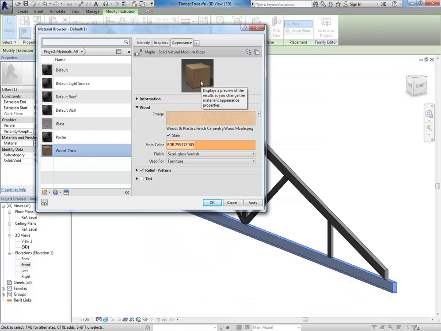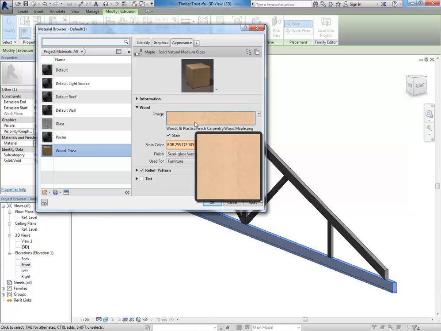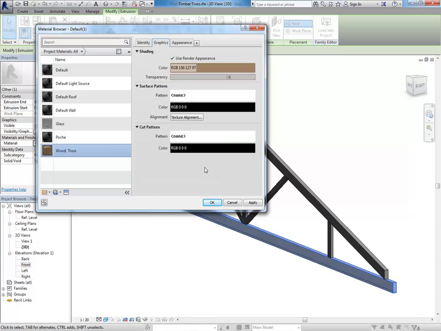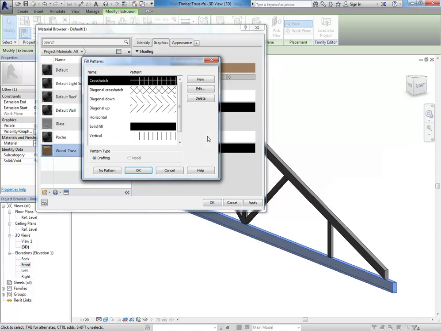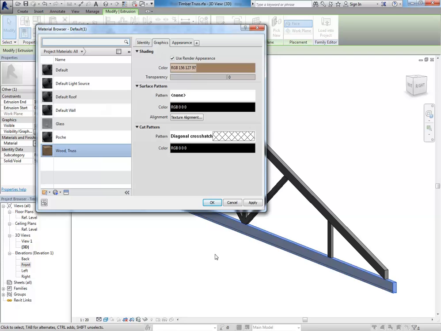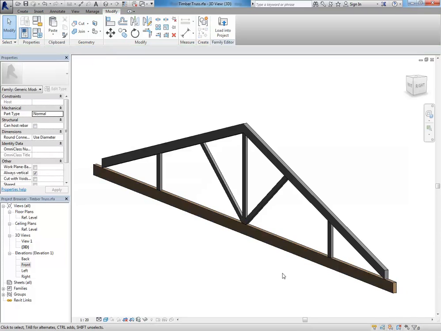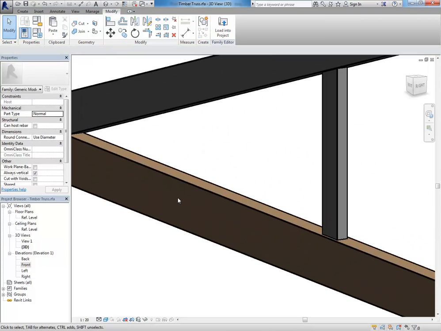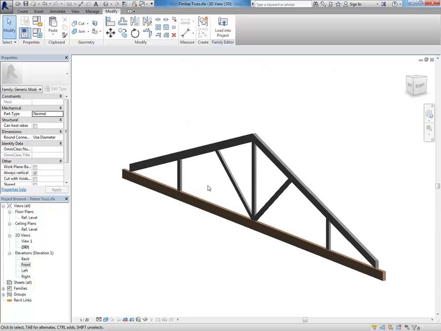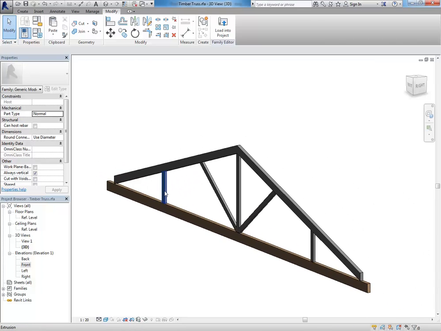Okay, so it's got that image in there to make the timber texture and everything else set up automatically. So back on the graphics tab, if you want to, you can put in a cut pattern. Since it's timber, you could just set it to a diagonal crosshatch for now, and that's good enough. So if I click OK, then you'll see that this piece has changed colour, and then I'm going to just use Control to select all